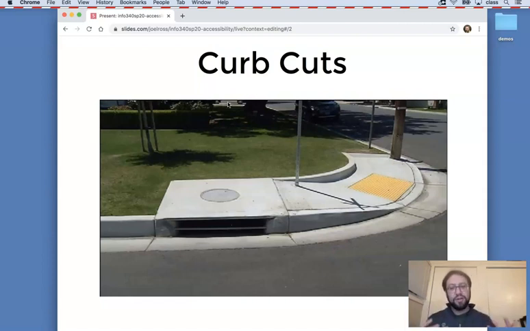Really just helps everybody as well. If we can add in some accessibility, it can actually help make the page overall work a lot better. Great. So the kind of accessibility that we're going to be really focusing on in this class, there's lots